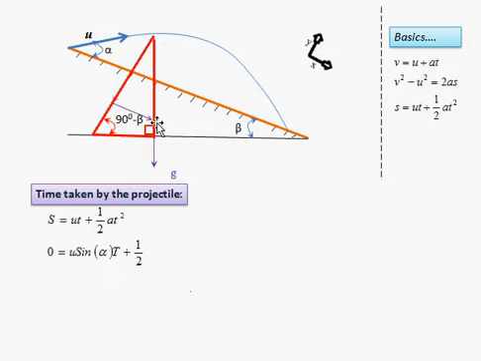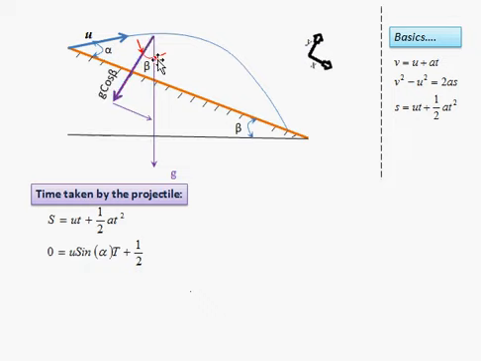So here we have 90 degrees. Here we know the angle. By subtracting this angle from this 90 degrees, we can find this angle. That is 90 minus of 90 minus beta. And plus 90 and minus 90 will get cancelled. So we will have the angle beta here. So now we know the angle.